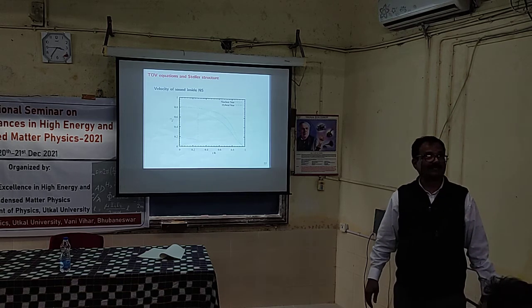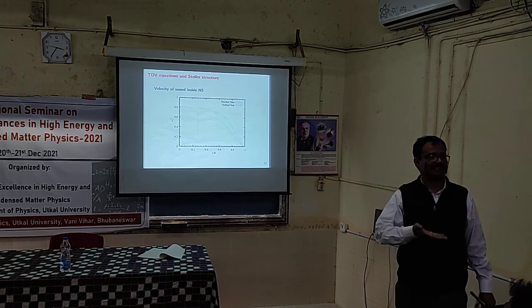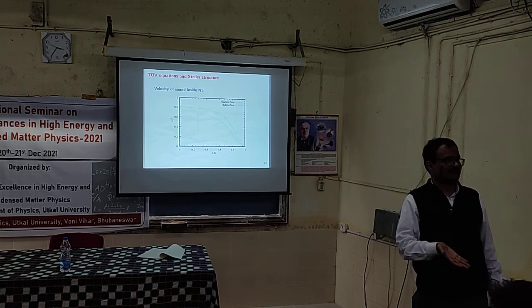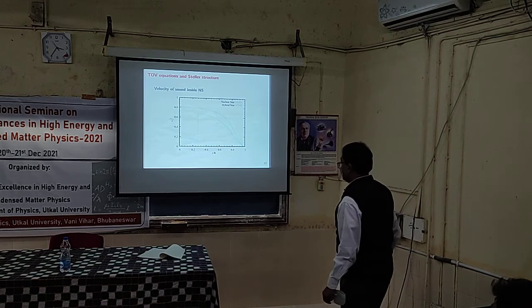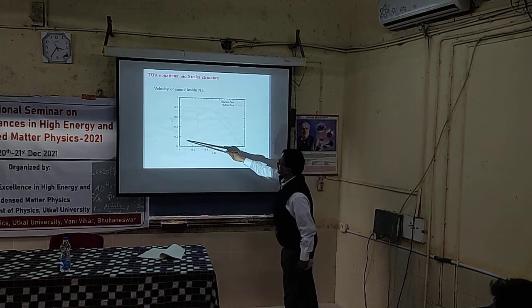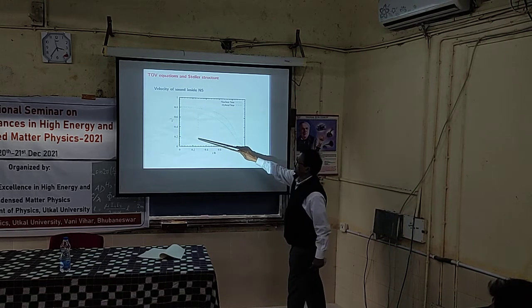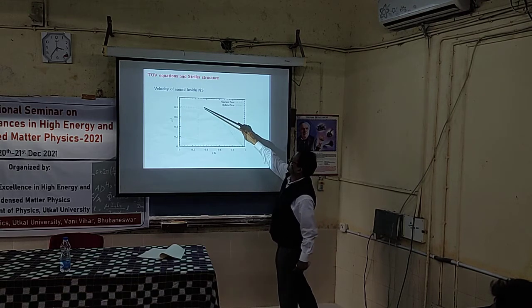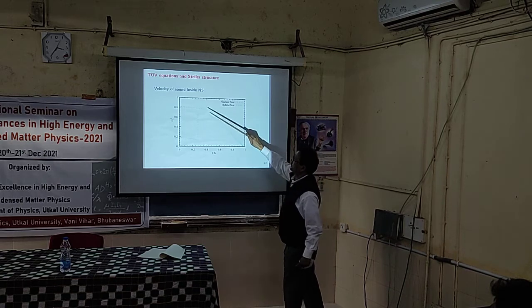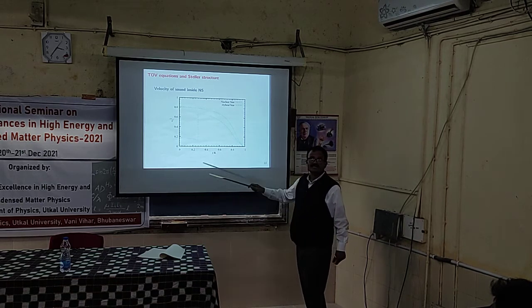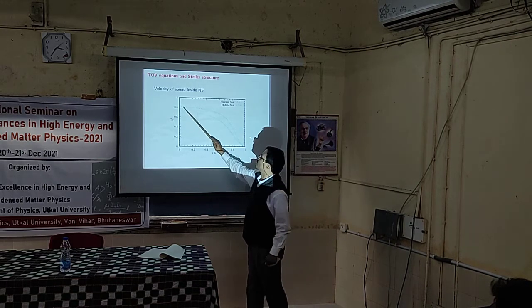Now, if I try to calculate the velocity of sound, this is the derivative of pressure with respect to energy density, or the speed of sound. So as you see, as you come out of the core, it is about 0.2, and there is suddenly a jump at the phase transition, and then it vanishes. Whereas in neutron matter, it is a smooth form.